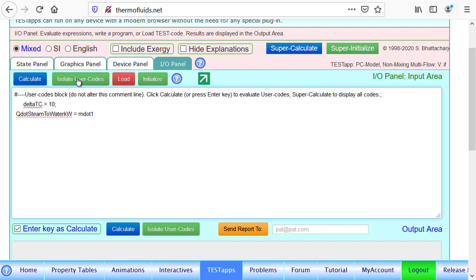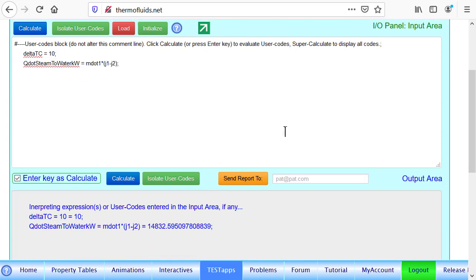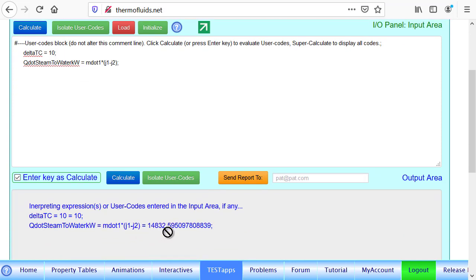M dot 1, remember that's the mass flow rate of the steam, and it brings in flow energy J1, and it leaves with flow energy J2, specific flow energy. So this should be the heat transfer we are looking for. If you click calculate, you can see the heat transfer has been calculated here. Obviously, this must be the same as, just to double check,